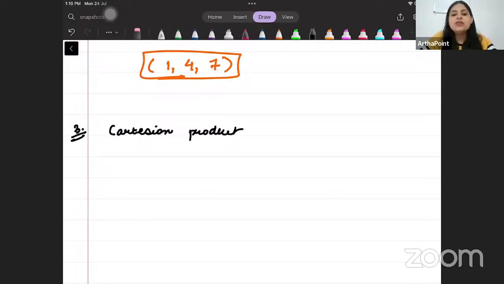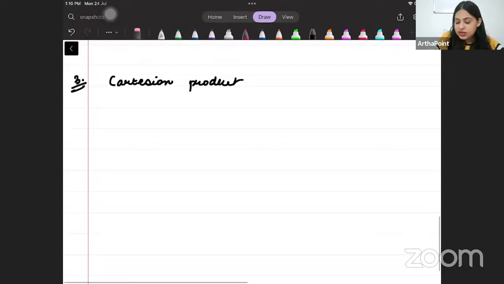So, what is a Cartesian product? When you take the ordered pair, जब एक ordered pair लेते हो तो कार्टेशियन प्रोडक्ट होता है 2 ordered pair के हर एलिमेंट को एक दूसरे के साथ अटैच करना. Let us write down and then I will show you. So please write down the set